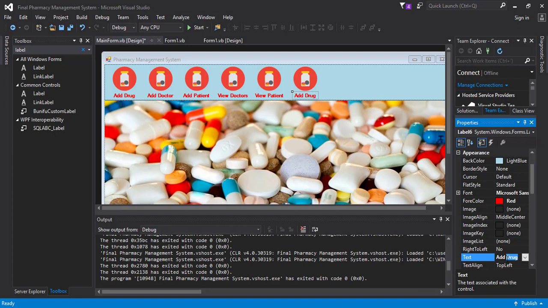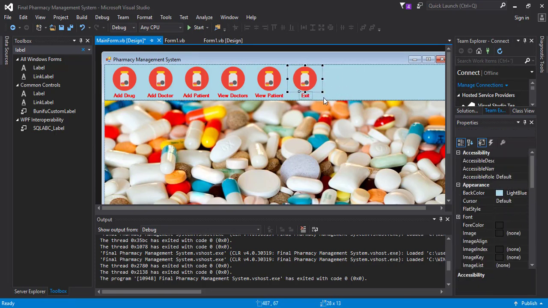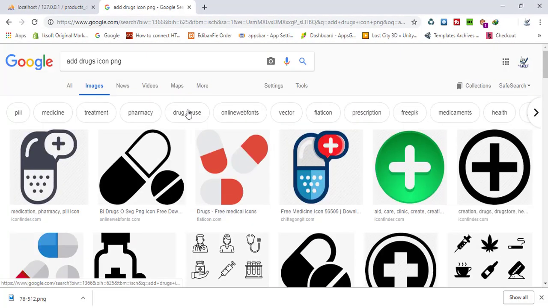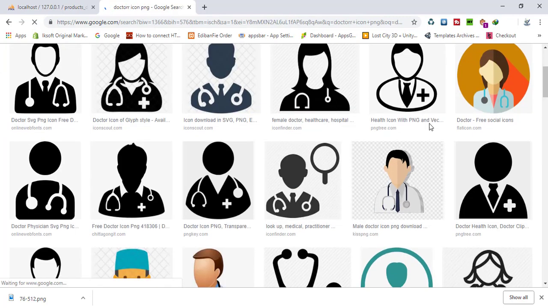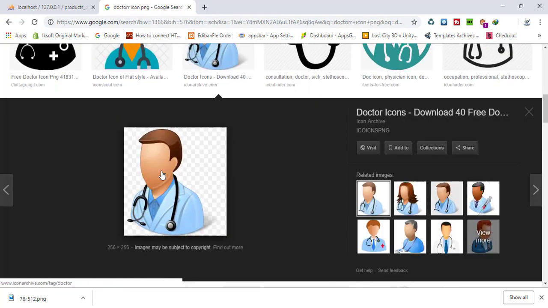I would like to add logout, exit. Anyway, I would like to add exit right here, and this is how the system is gonna work, right? This is how the system is gonna work. I'm going to say add doctor, so I will just go to my image, then I will say doctor icon, right? Okay, so I can choose this image right here,